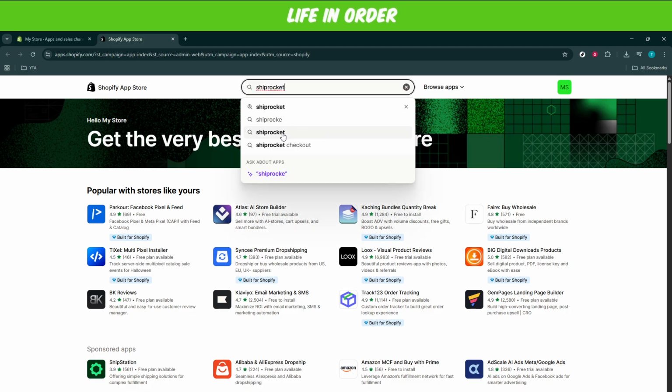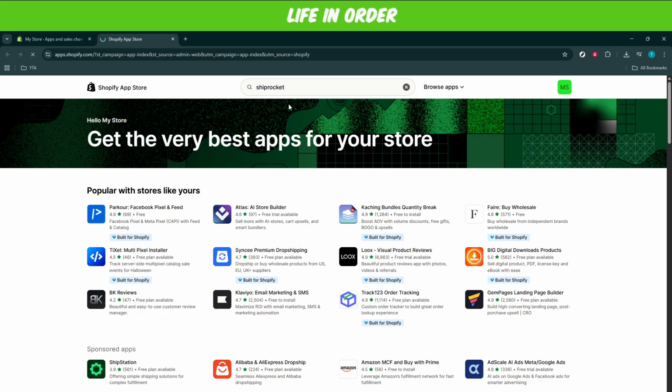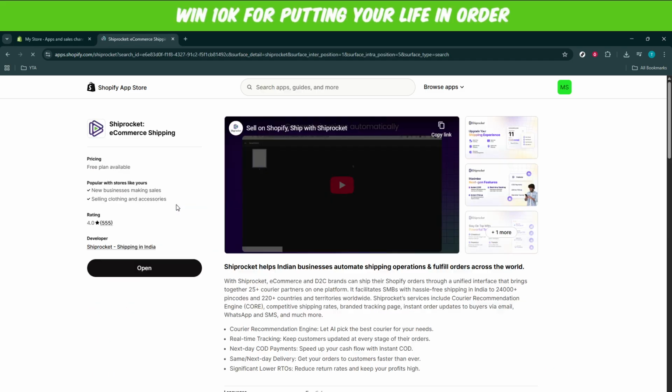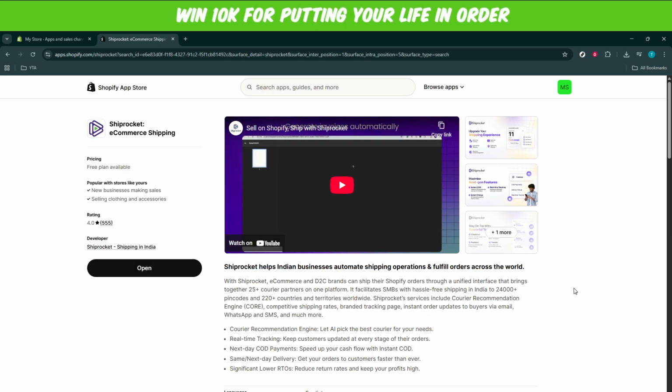From the search results, you should see ShipRocket listed. Click on the listing that says ShipRocket to get more details about the app. Here, you'll find a wealth of information about what ShipRocket can offer your Shopify store, from shipping automation to seamless order management. Once you're on the ShipRocket app page, you'll